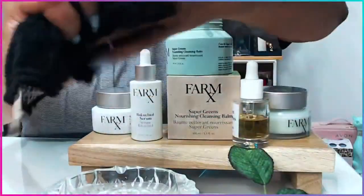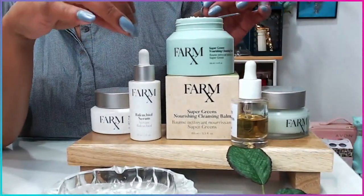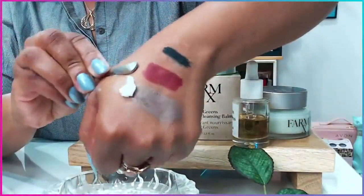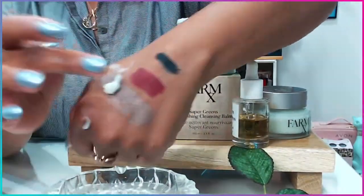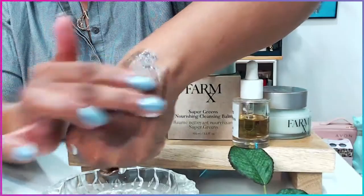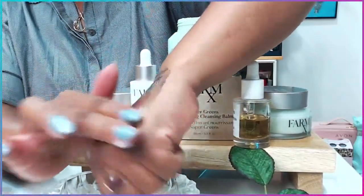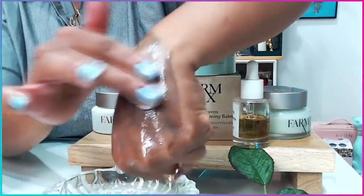But what makes cleansing balms different is that they're formulated with emulsifiers. And what the emulsifiers do is, in the same way that an oil, I'm going to just get some of that. This is what I would use for my entire face. This is way too much for my wrist, but I was demoing. What a cleansing balm does is it breaks down the product. You just massage it in your skin, just like an oil. That lip balm is tough to remove, right? So you massage it into your skin, massage, massage, massage,